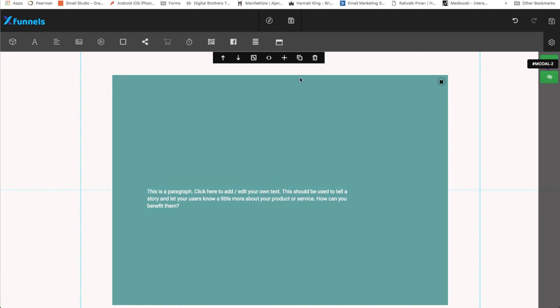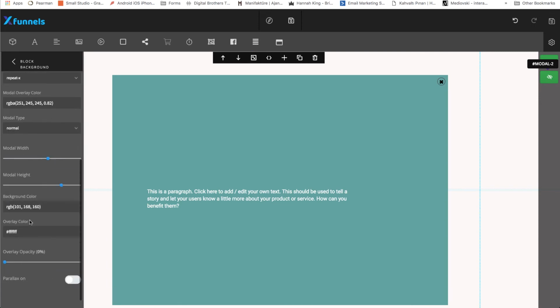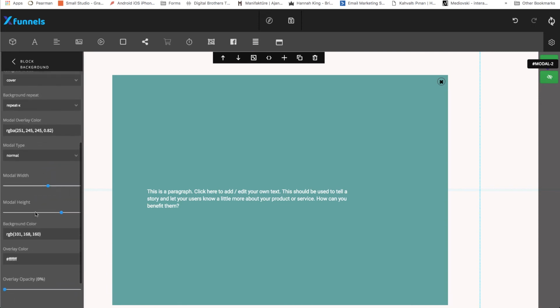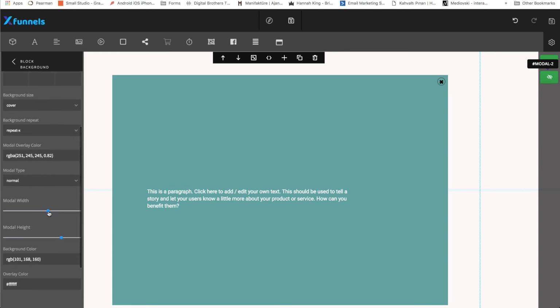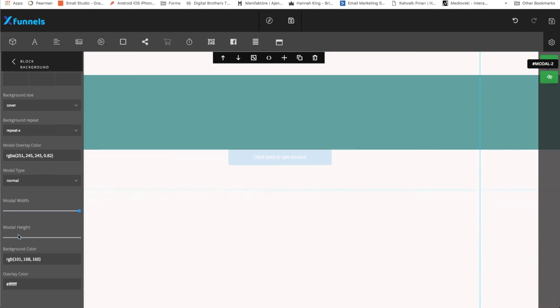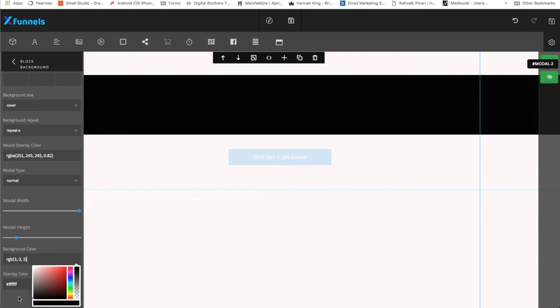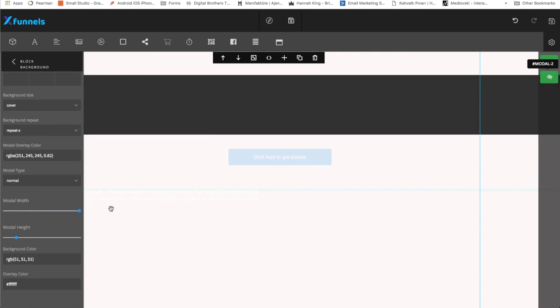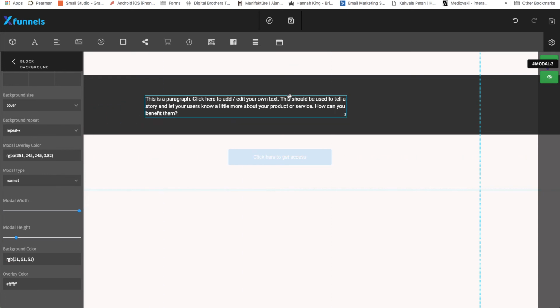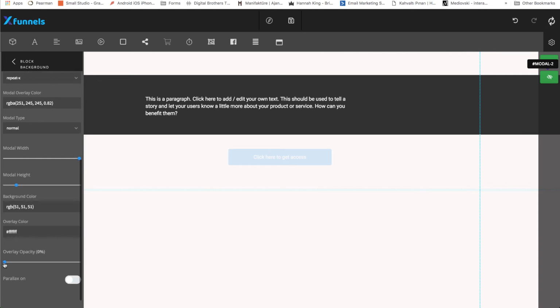I'm going to click on the setting, and in the setting I'm going to have modal width be 100%, modal height be like this, 10-20%, and the background color would be gray like this. We're going to have this text here in the modal, and I'm going to have the opacity of this,